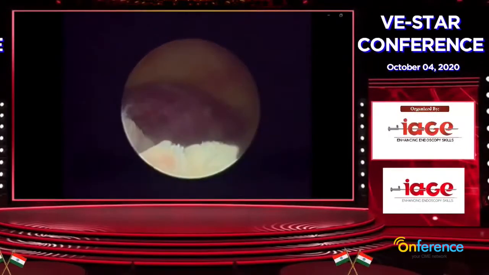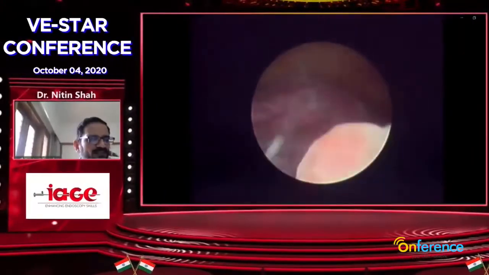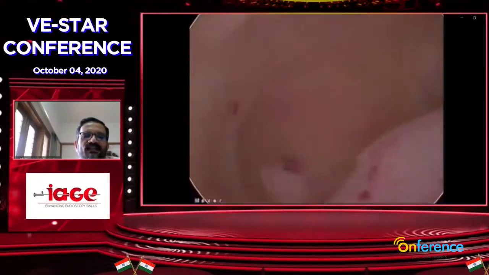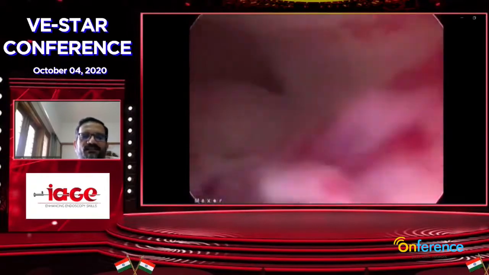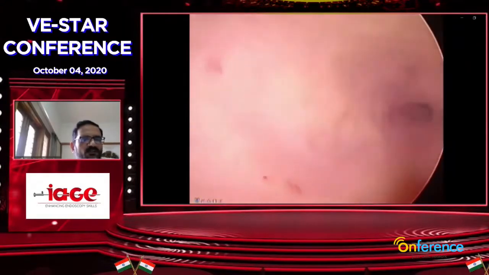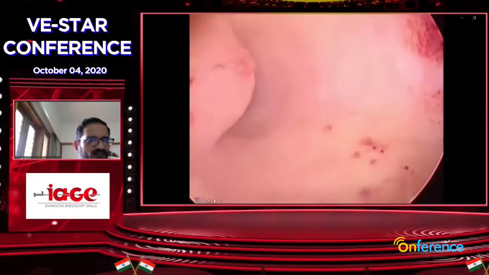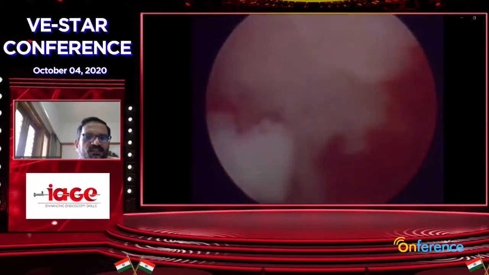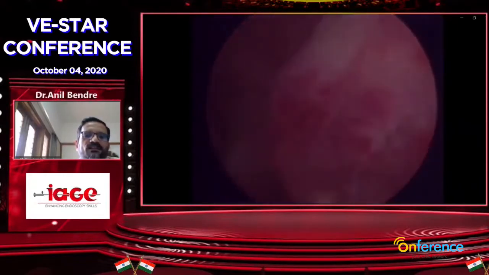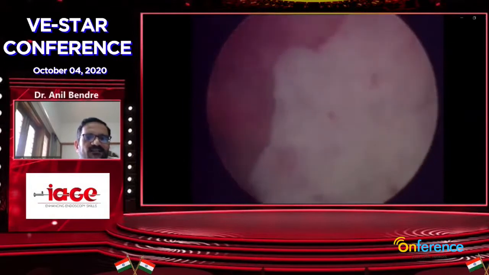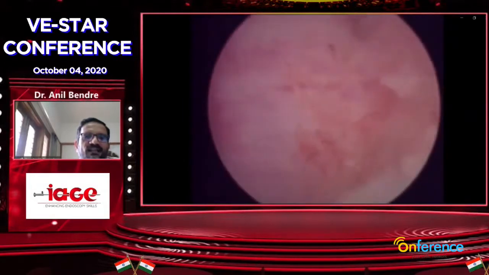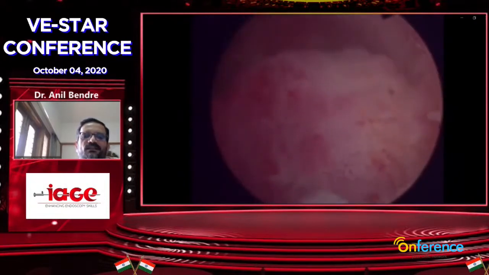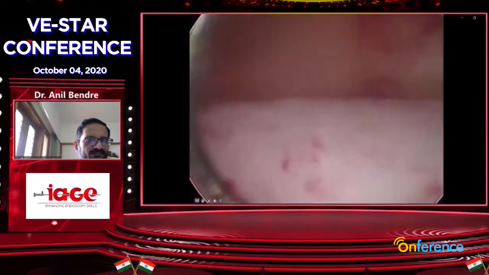The most important differential diagnosis is uterine fibroids. Small polyps can very well be delineated and diagnosed, but big polyps have to be differentiated from the uterine myoma. The differentiating points are: polyps are smaller, they are deeply red in color, and they are thinner and less firm on instrumental touch, whereas fibroids are firm on touch, white in color, and have superficial vessels also. This particular big mass is a polyp, not a fibroid.